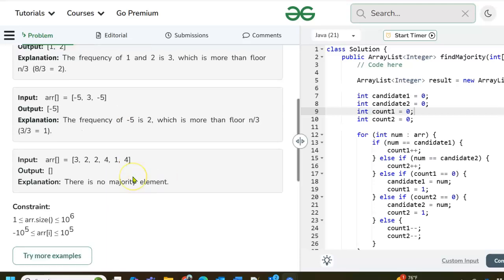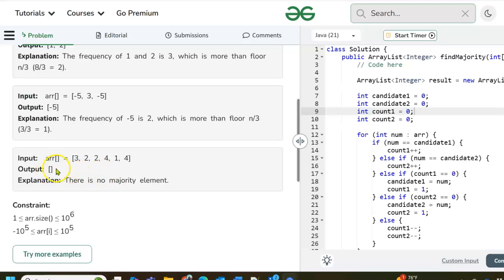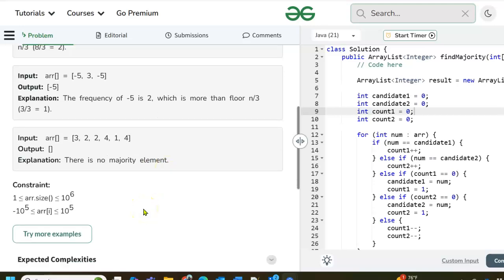This one, -5. This one answers a good question, which is what if there's no majority element? And we get an empty array list, because the Java code, the method signature, wants an array list